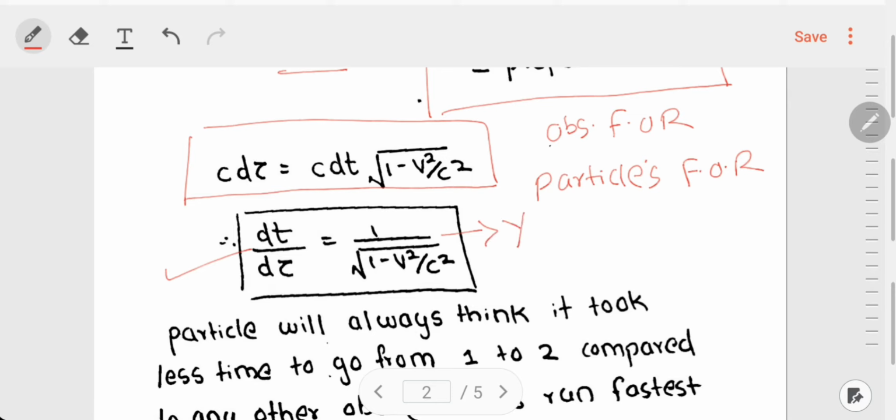If you take a look properly, you can see that we have just derived the differences in the time period that is measured in different frames of reference, and this is nothing but what we get from time dilation. That is, if a clock is moving in a particular frame of reference with respect to us, then we see that the clock will be slowed down, which means that its time period increases.